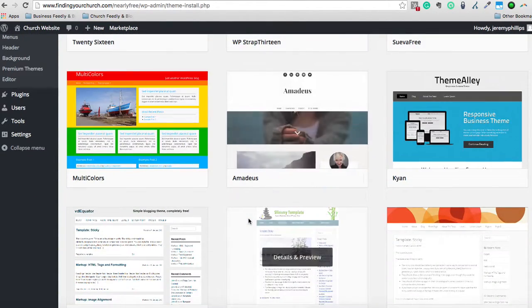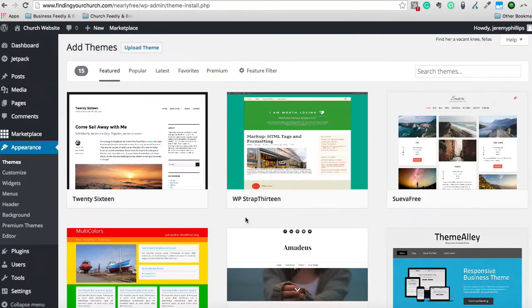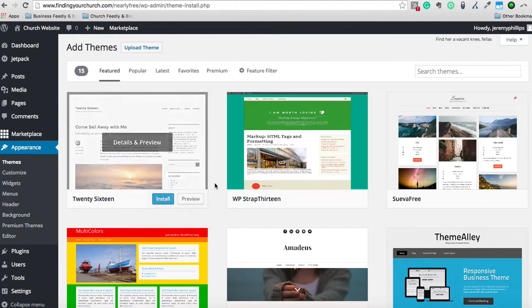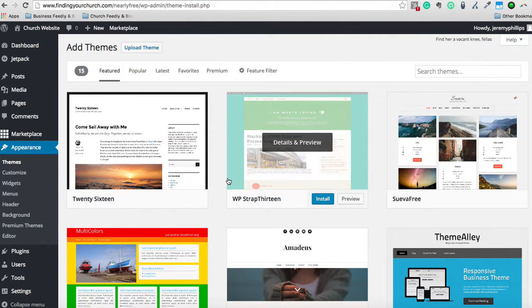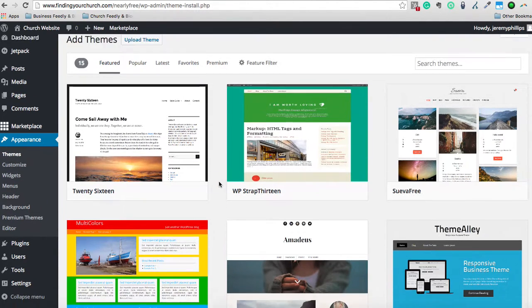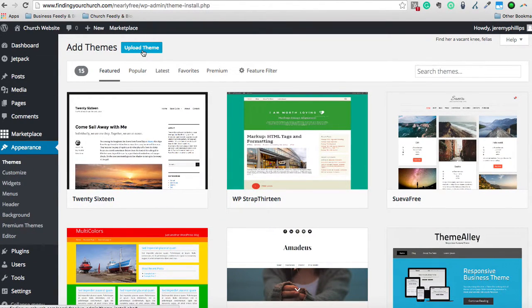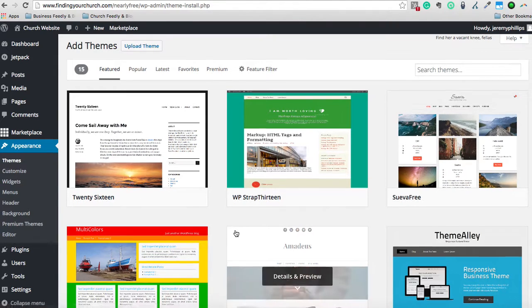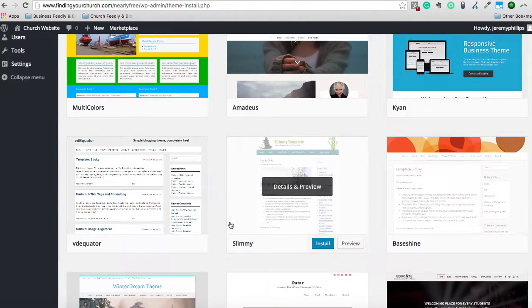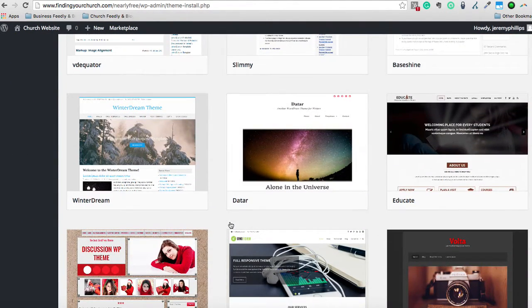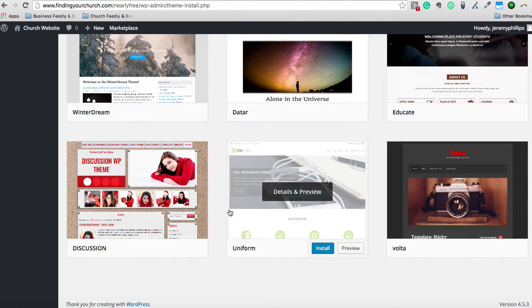And all of these themes for free are available. Now they have a lot of paid themes available. You can go to themeforest.net among many other places and pay for them and install them yourself. Even Upload Theme, you can upload the theme files there and use a paid one. But for these purposes, you can simply pick from one of these theme designs, and then you just kind of